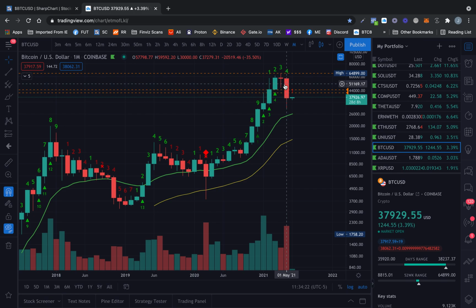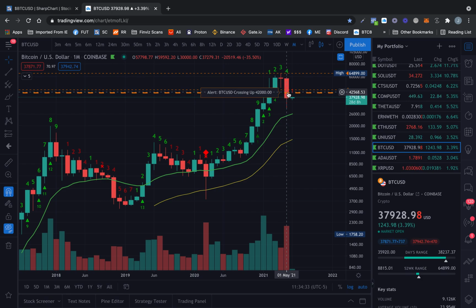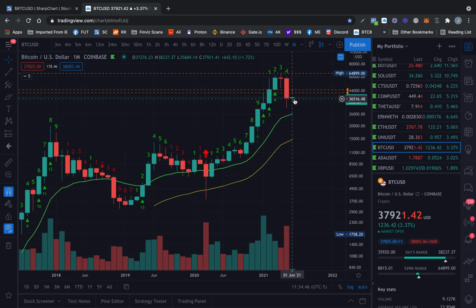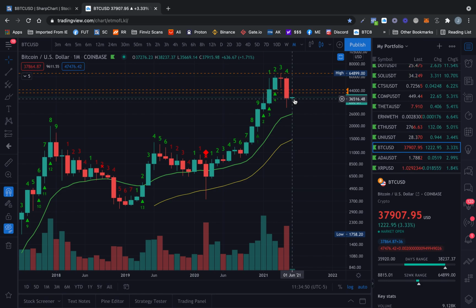I know it's manipulation, and it's a little different story now because in 2017 you didn't have all the institutions that were buying in. You didn't have PayPal, you didn't have Square, you didn't have Elon Musk, you didn't have Tesla, you didn't have Visa, MasterCard, the banks, the hedge funds, the investment banks, JP Morgan, Wells Fargo, Goldman Sachs. They've got applications to create a Bitcoin ETF, which is basically a mutual fund for their super wealthy